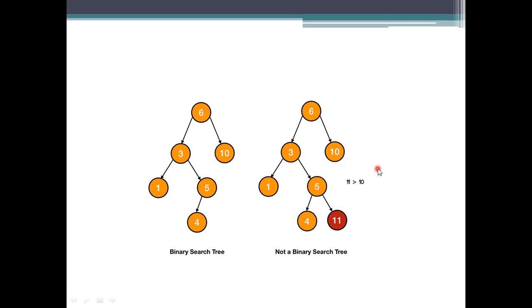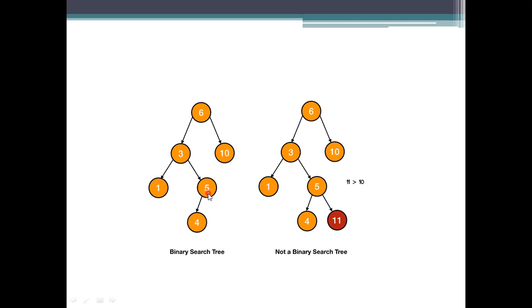If you see each and every node in this example, the left side holds values less than the node, and the right side should be greater than this node. If it is a 3, then 1 is less than 3, so it satisfies the property of a BST.